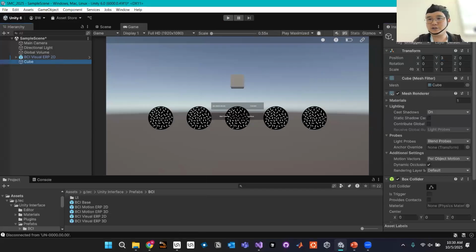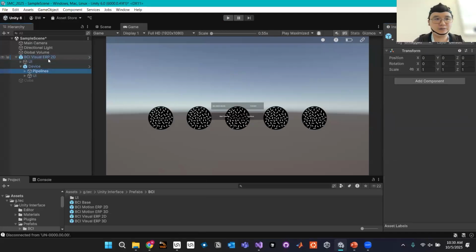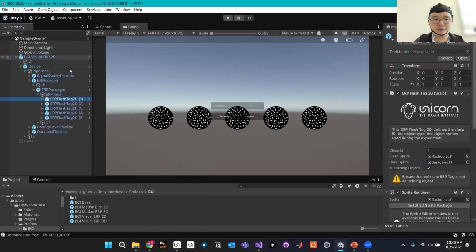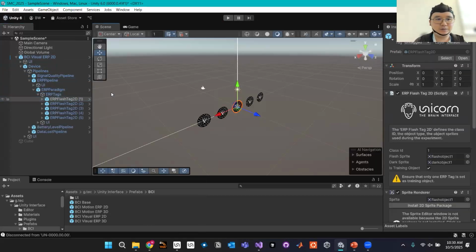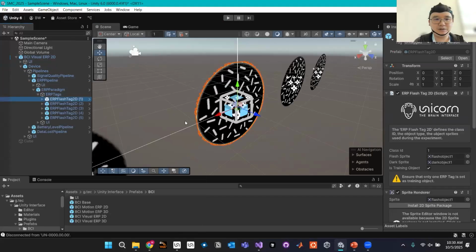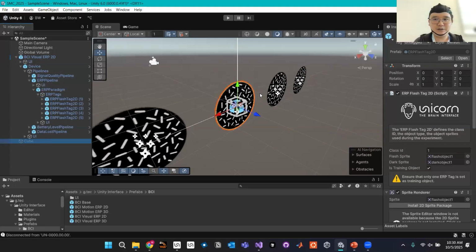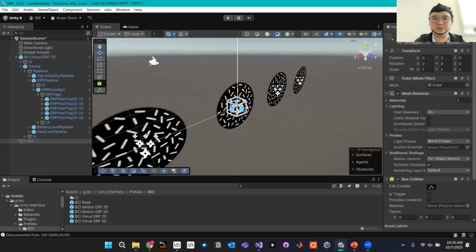But object 3 is actually class 1, if I'm correct. I can also show you later how the paradigm looks, but here, object 1 is basically the object that is on top of the